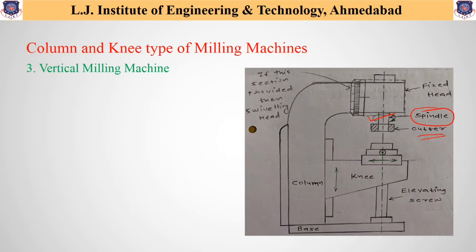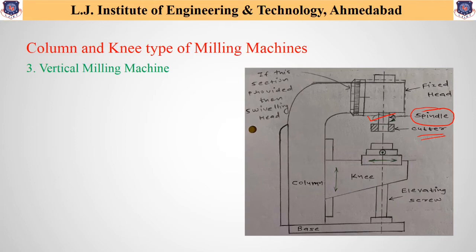Similarly, I am repeating this: in the horizontal milling machine the cutter is provided on a horizontal shaft, that is why it is called an arbor, and here the cutter is provided on a vertical shaft, and that's why this shaft is called a spindle. So keep these two words in mind, arbor and spindle. In most cases there are mainly two types of vertical milling machines available. First one is fixed bed type and another one is column and knee type. And right now we are discussing the column and knee type milling machine.